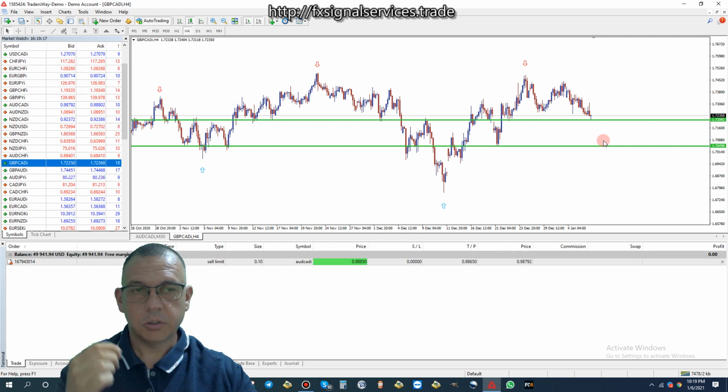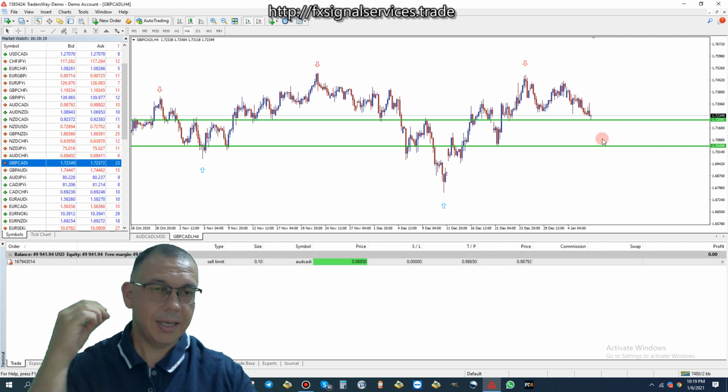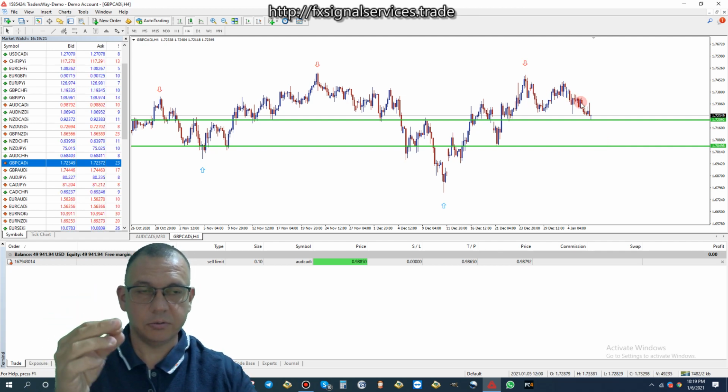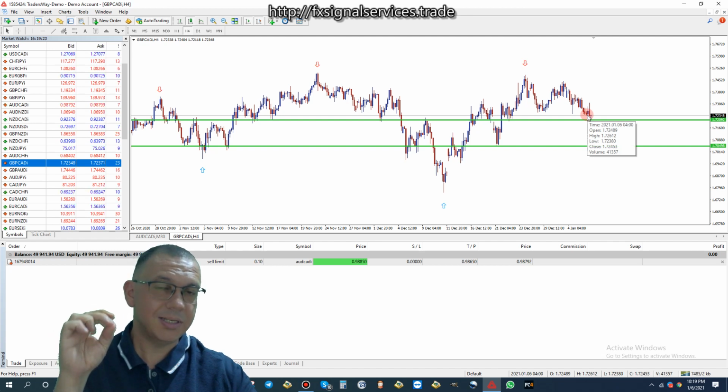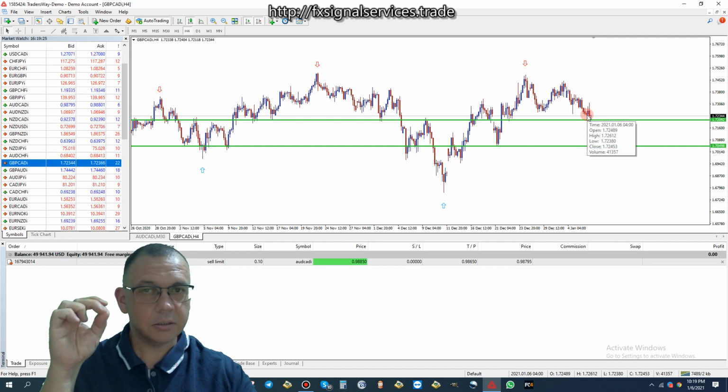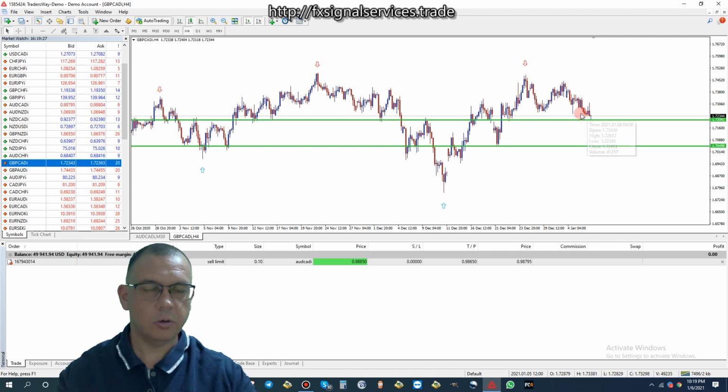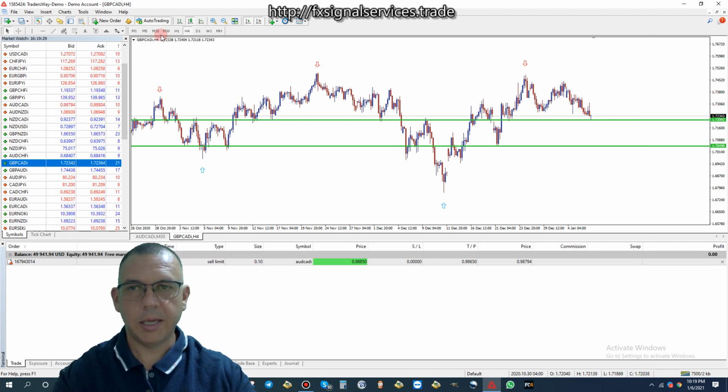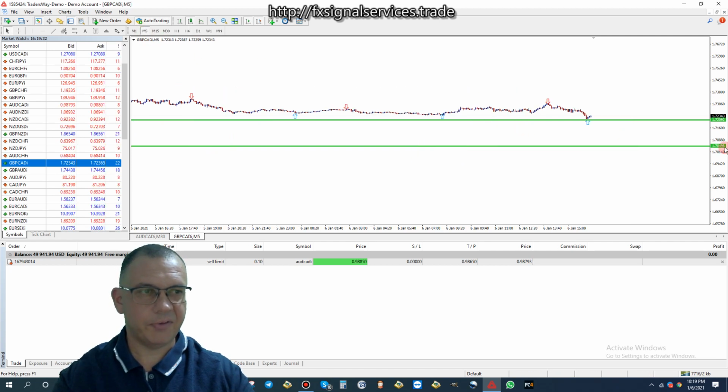Okay, so this is not a fresh signal. What I want to do is put a sell limit and a sell stop pending order. To do that, I'm going to drop down to a smaller time frame, like a 5 minute,